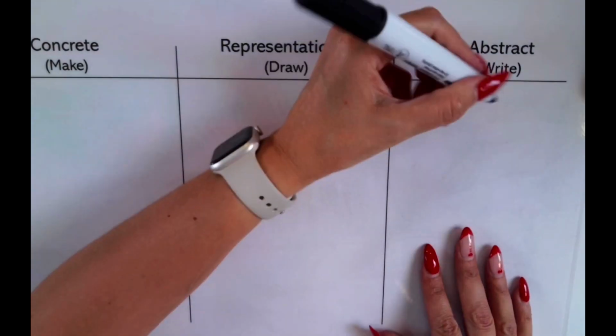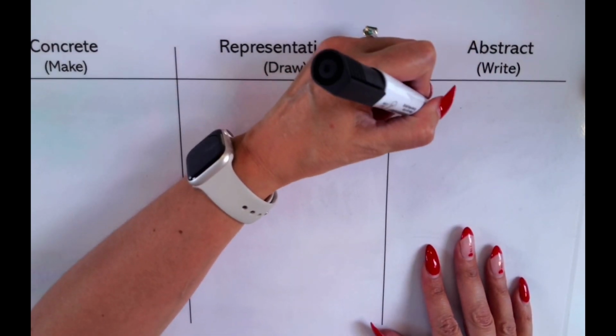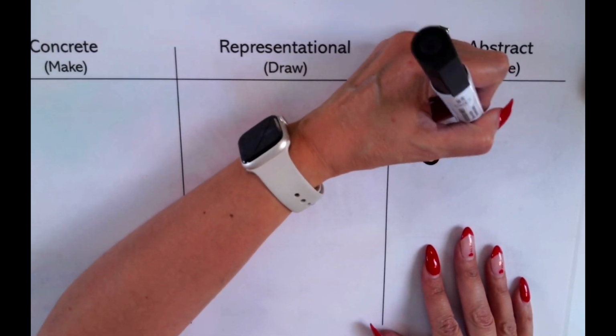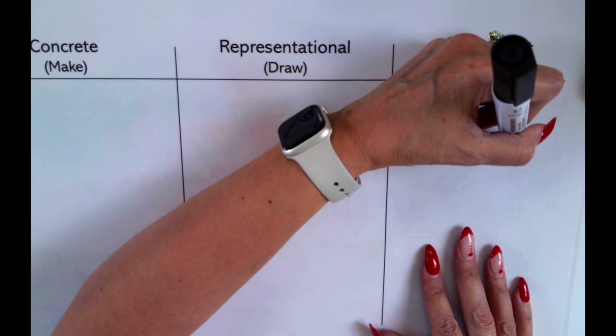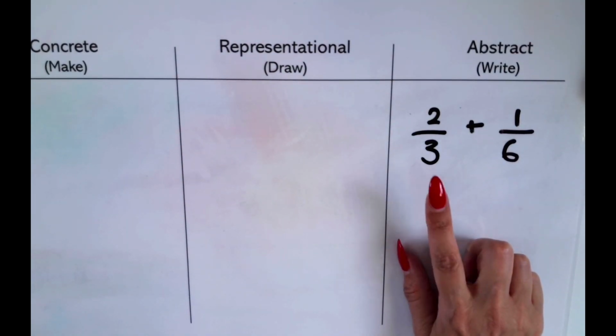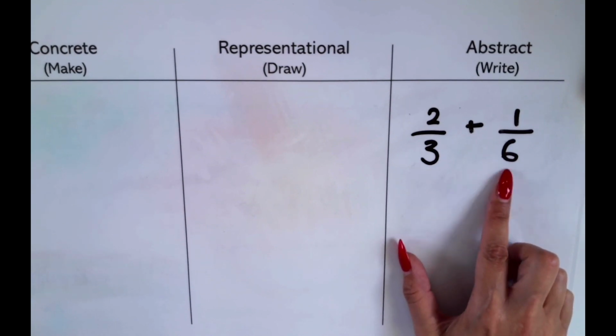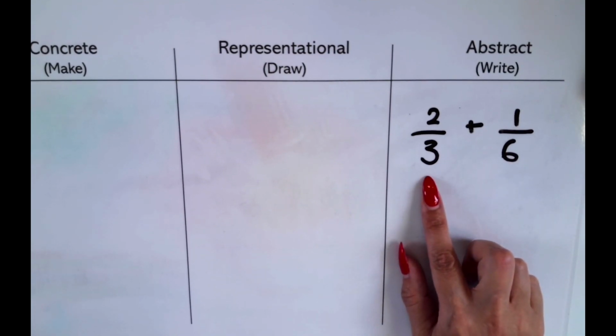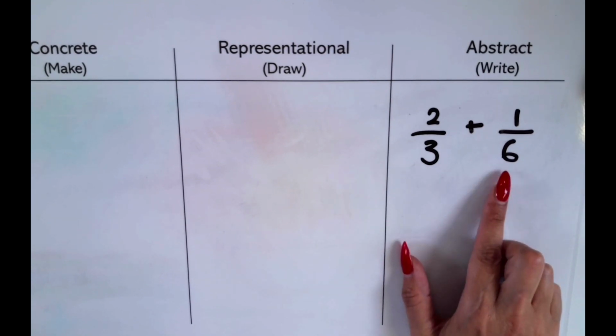So for addition, I'm going to add two fractions that have got related denominators. Okay, so not common, not the same, but related. And related denominators just mean that one of the denominators is a factor of the other denominator. So when they're related, you only really need to change one of the fractions to make it common with the